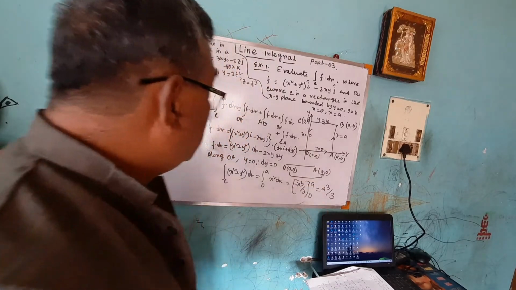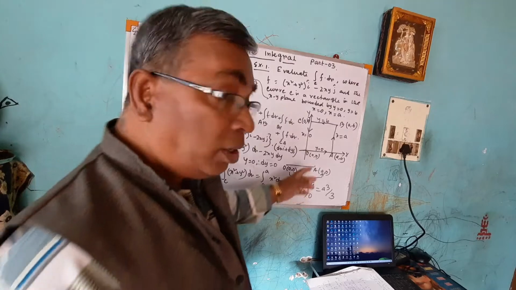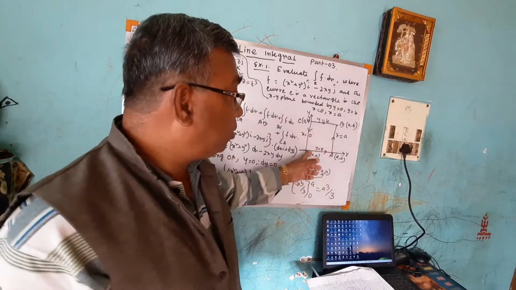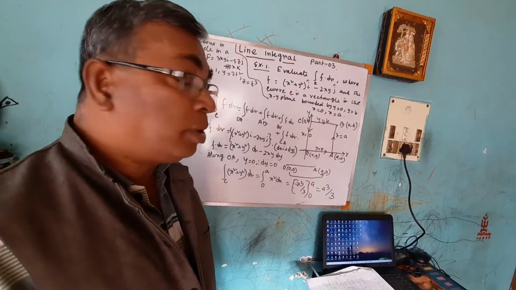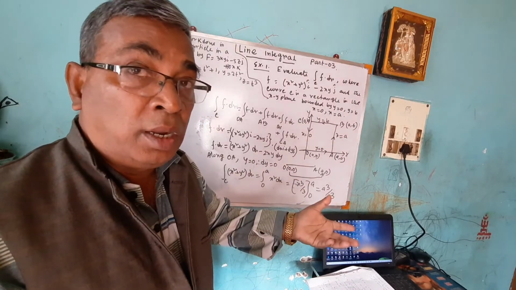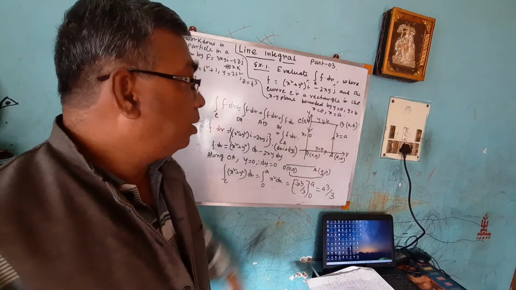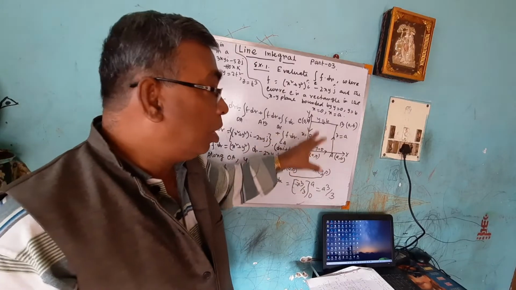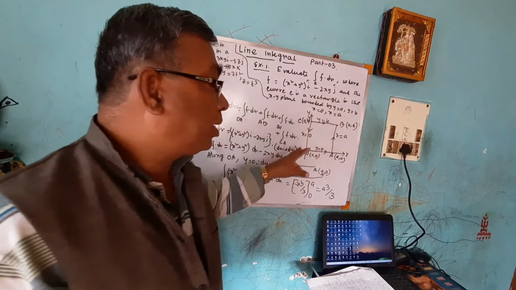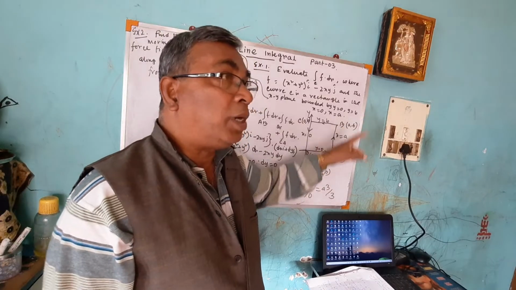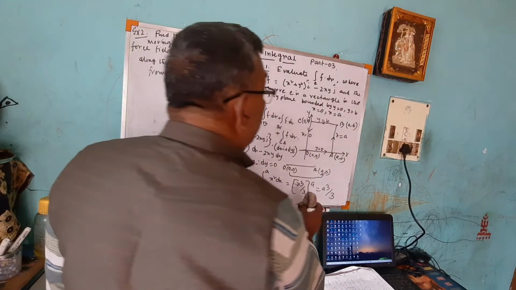Along OA, the integration. 4 integrations we will do. Try to understand, 4 integrations, because there are 4 sides. So, as many sides, that many integrations. How many sides? 4 sides: OA, AB, BC and CO. You have to move in the anti-clockwise direction. Okay, so it is a cube by 3.